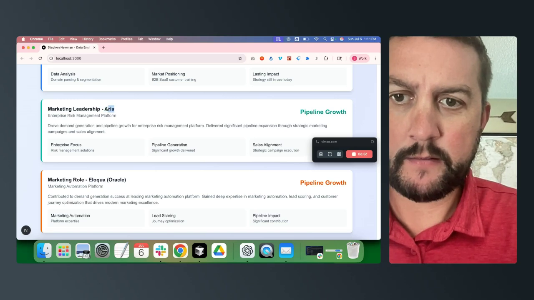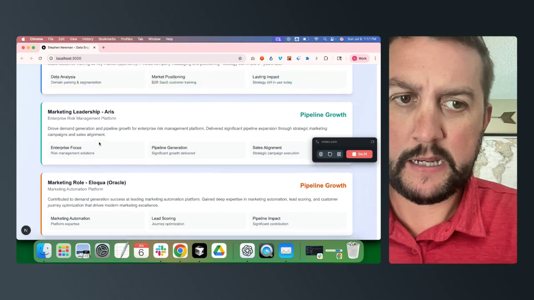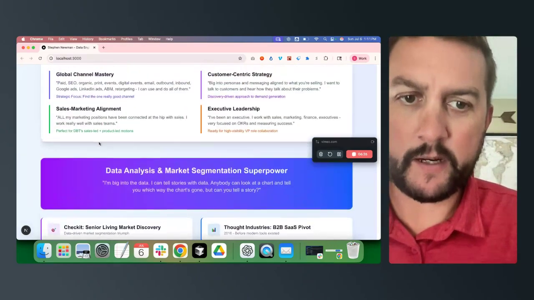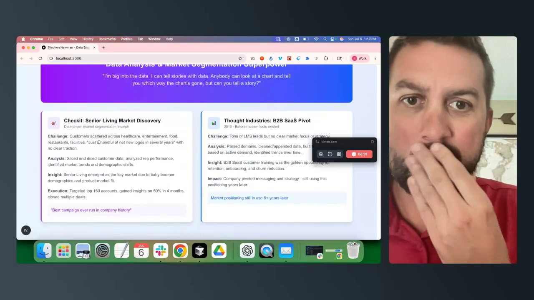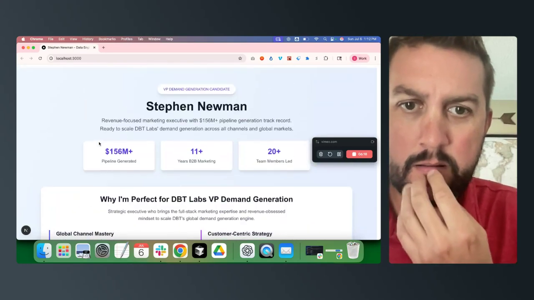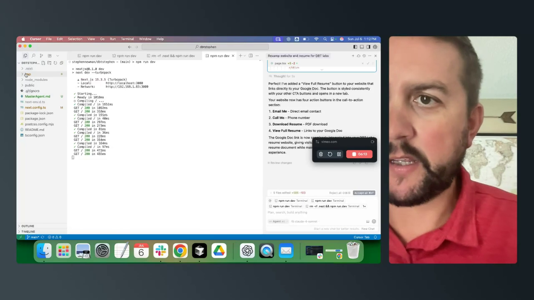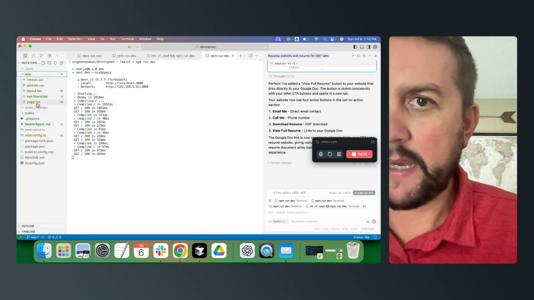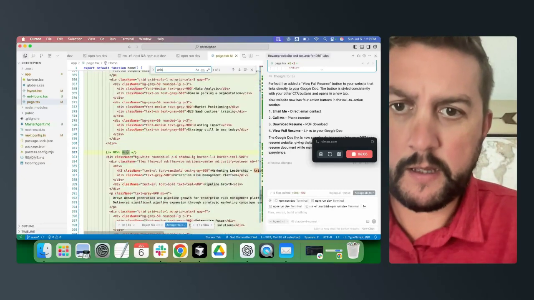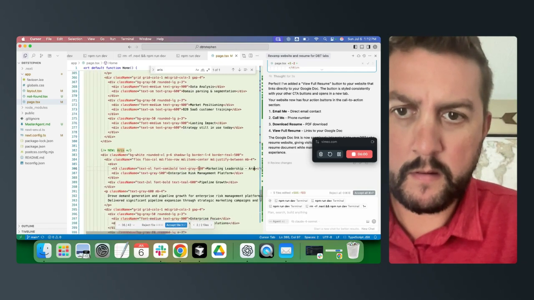See, this is where you gotta go through and QA this sucker. I mean, it's pretty good. It's pretty good. Now let's actually go in and QA it. All right. So where's this going to be at?